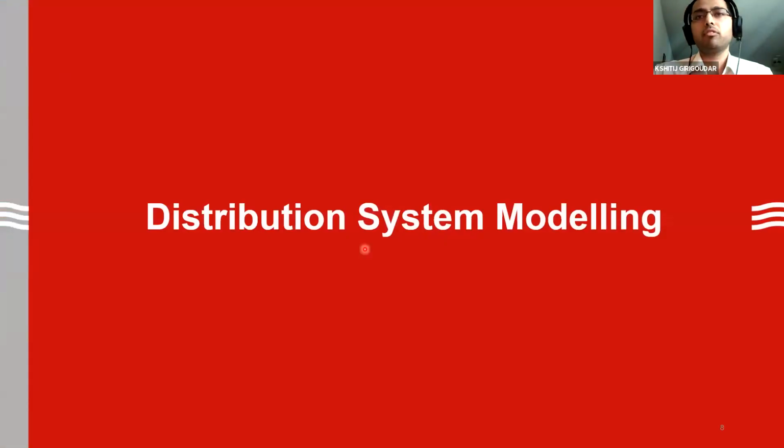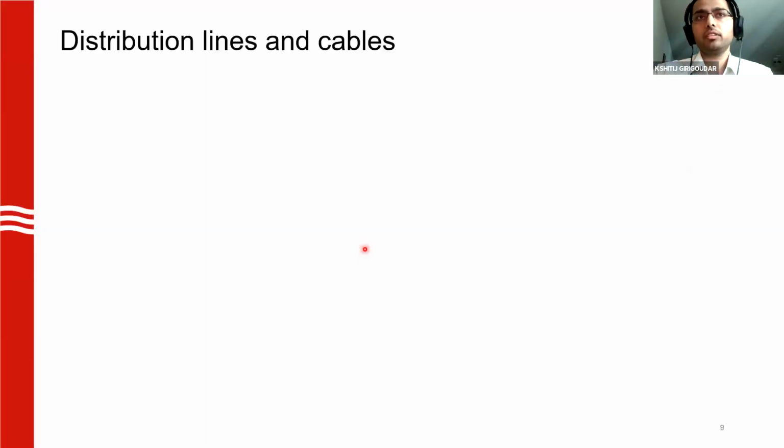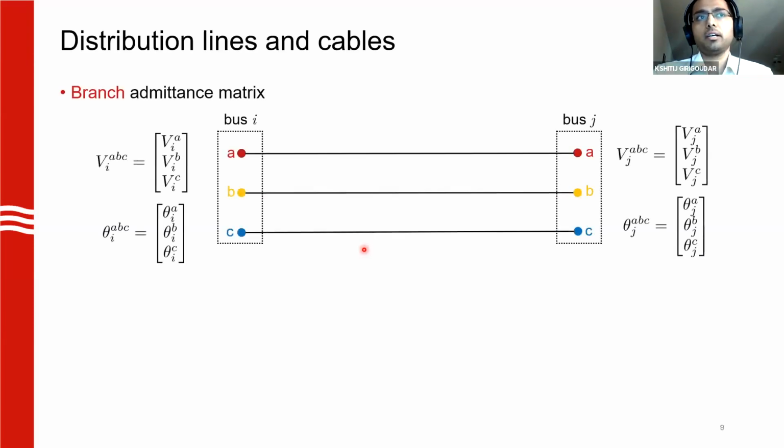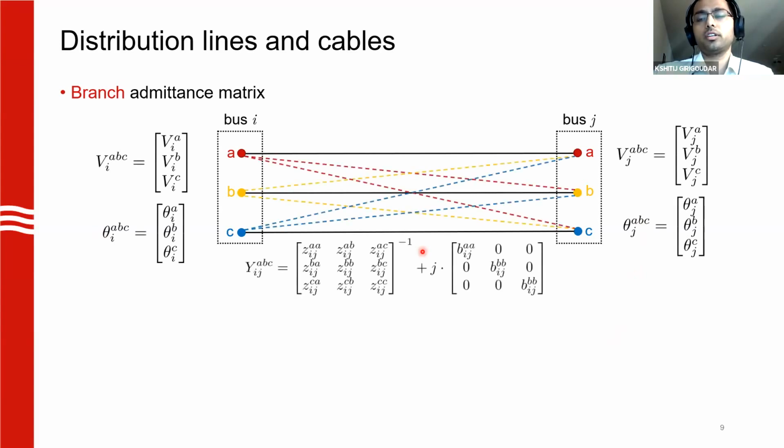Now I'll just give a brief overview of the distribution system modeling. We'll start off with distribution lines. Here is a very simple example of a two-bus system. As you can see by the variables listed here, we use polar coordinates. Since we are dealing with an unbalanced three-phase system, we cannot ignore the mutual couplings between all the phases. So the branch admittance matrix is going to look like this. It's a 3x3 matrix where the self-impedance values are in the diagonals and we have mutual couplings on the off